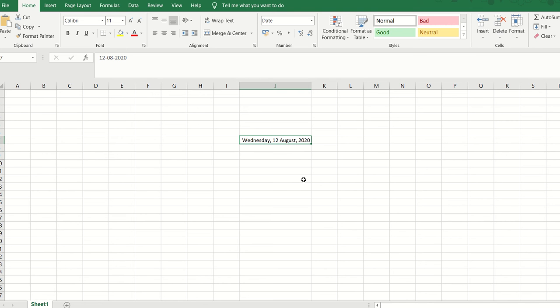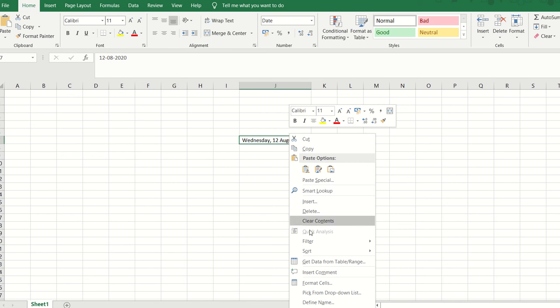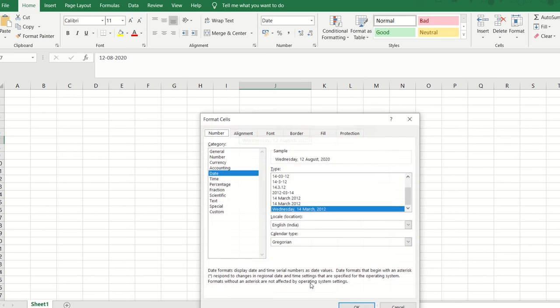It will automatically pick up the date and the day from your computer, either the laptop or the desktop, whichever you are using. So you need to ensure that the clock is set right on your laptop or desktop. You can see that through this format cells, by selecting the date option, there are n number of things that you can do, and similarly you can also manage your time accordingly.